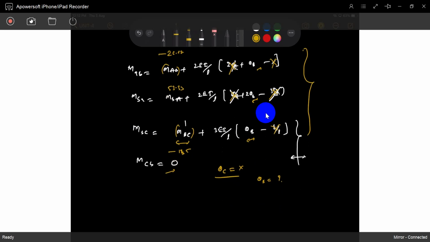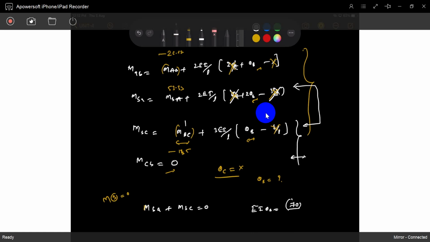What is that equilibrium equation? The joint equilibrium equation of B: M at B equal to 0. What is that equation? MBA plus MBC is 0. You can just substitute those two values and you will get it equal to 0. You will write EI theta B in terms of some value. What is that value? You will get the same value of 490 by 70, what you previously got.